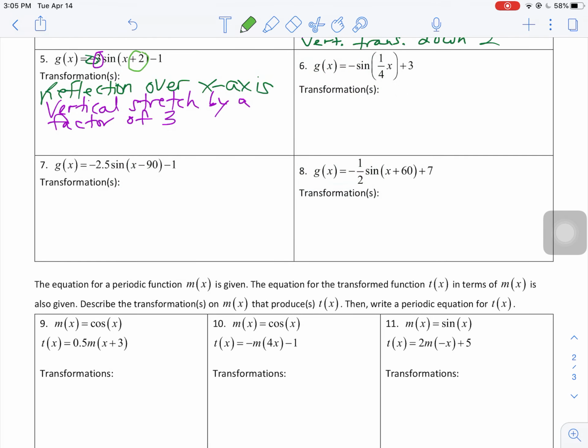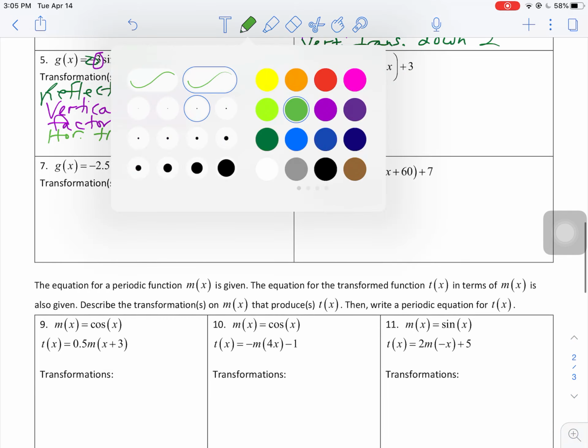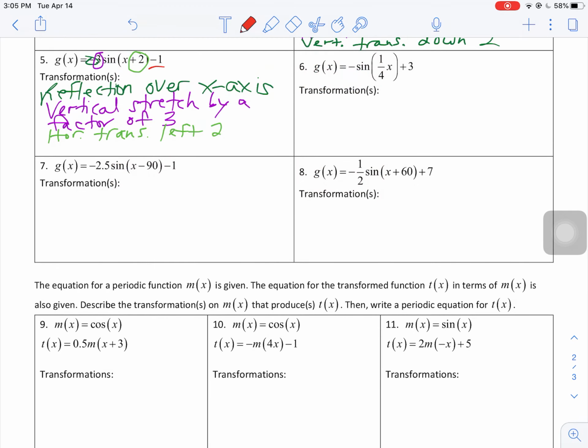Your plus 2 is inside the parentheses, so that's a horizontal translation, always the opposite of what we think it should be. So horizontal translation left 2. And then that last one, the minus 1, is a vertical